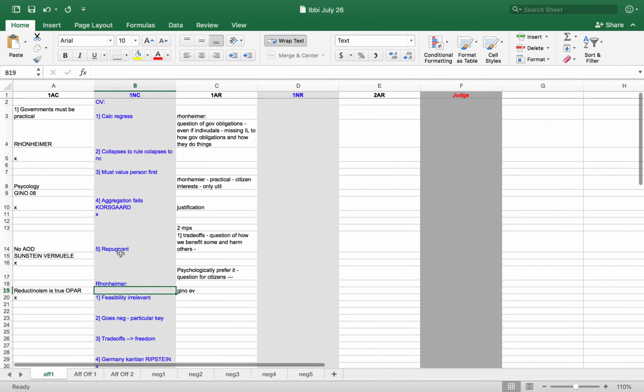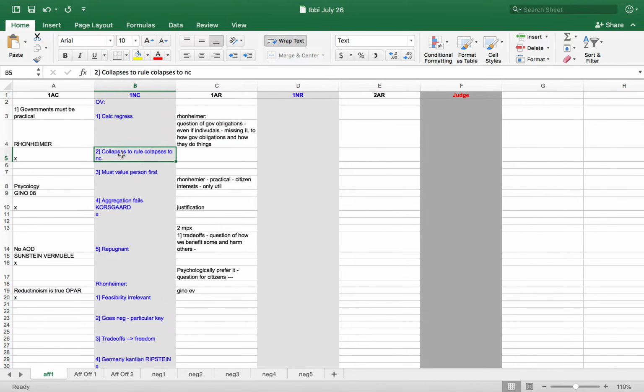Yeah. The second thing is that I think you need to do a better job in terms of answering some of the arguments that were made in the overview against the AC framework, such as like this calculative regress argument that the framework collapses to rule util because rules produce good consequences, and that a good rule is freedom. The chorus guard argument that aggregation fails, just because those are all conceptual takeouts to the entire framework, that it makes it very difficult to win the framework debate without kind of answering each of those. So I would probably answer those at the very top of the framework, unless you want to do that after answering Ronheimer, but you need to answer those at kind of some point.